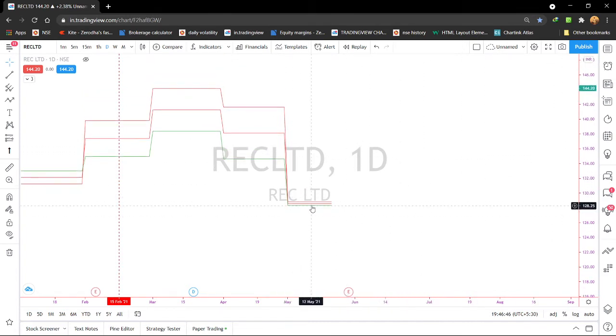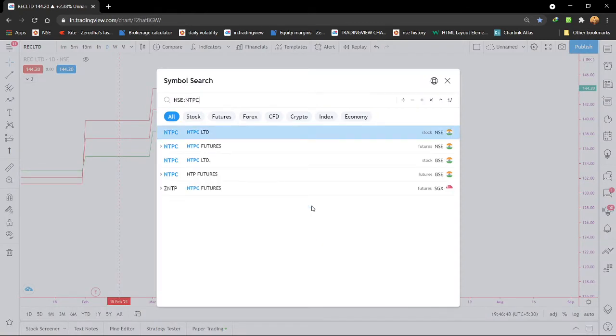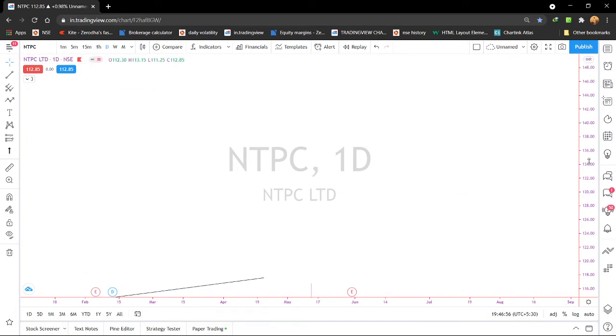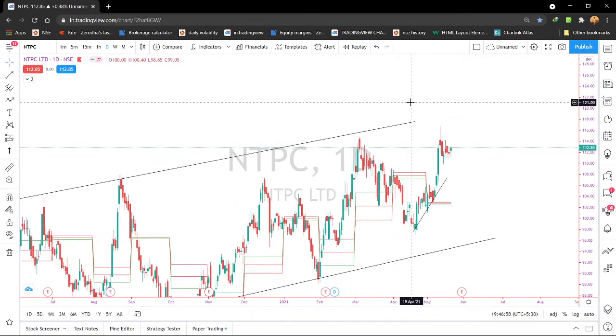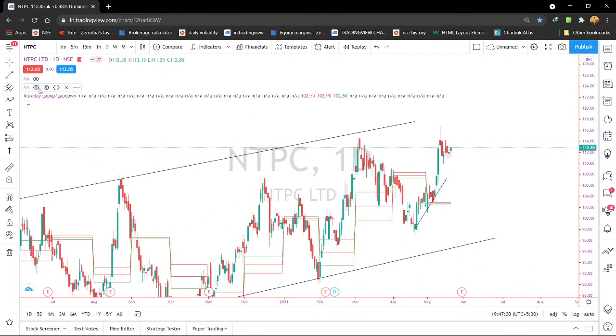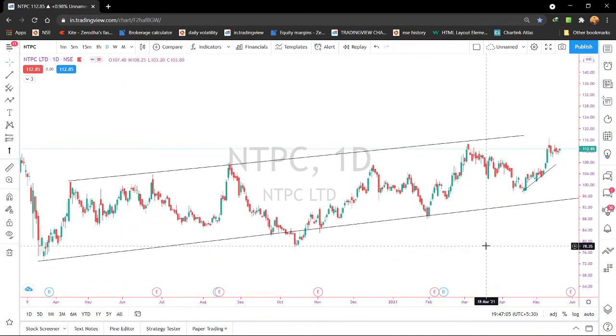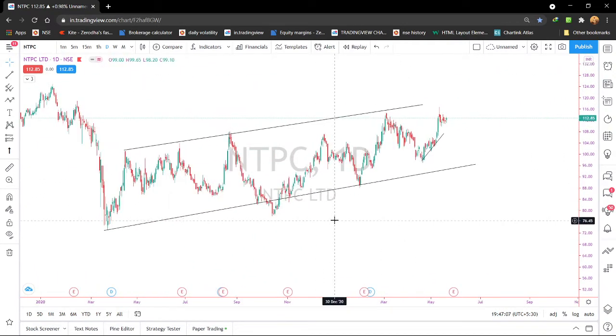So let us go to a chart NTPC. Okay, and I will tell you how to trade this. We are going to the bar candle. See here in the 1 day time frame. First of all, I will turn off the indicator. In this NTPC, first of all we have to find whether the stock is in uptrend or downtrend or consolidation. We have to leave the consolidation stock. We will find the uptrend and downtrend stock.